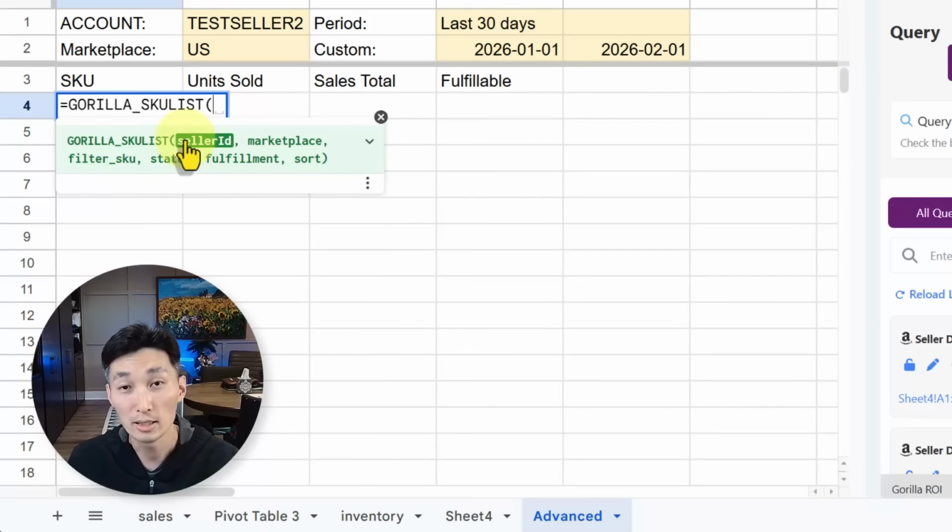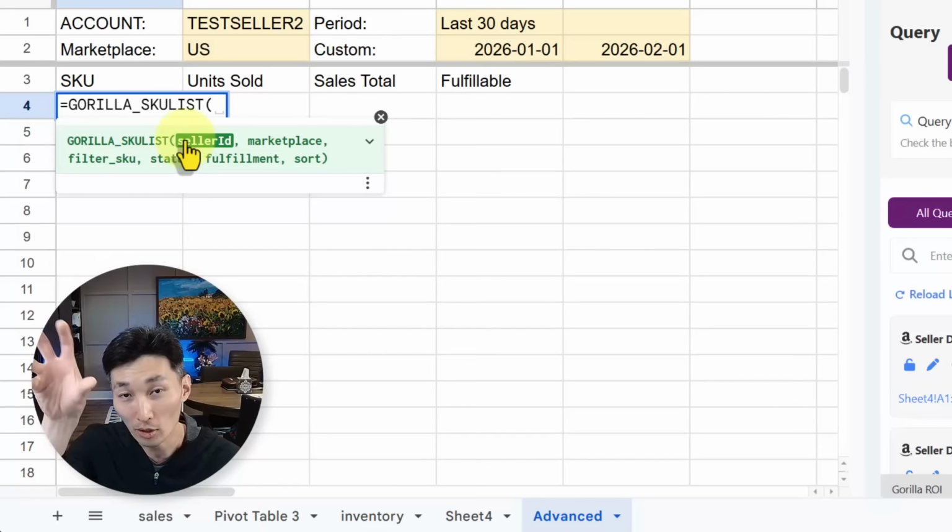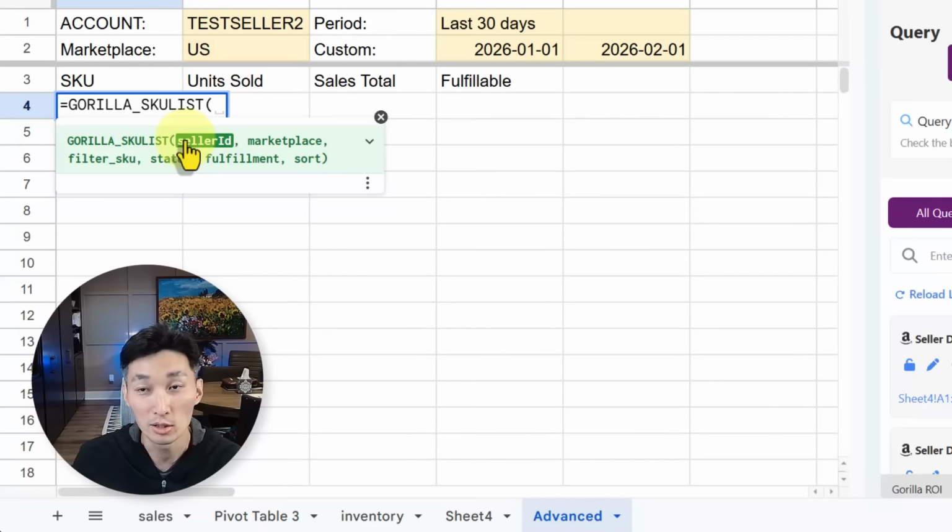Now, granted, you do have to go through our documentation to understand what formulas we have to pull what data points, but all the formulas are there on our widgets, on our help widget. You can use it to help you generate the formulas that you need. So it's quite simple. And once you get used to this, a lot of people don't go back.